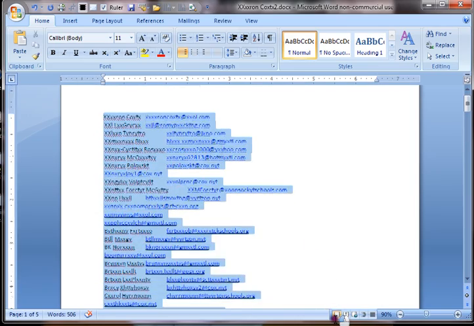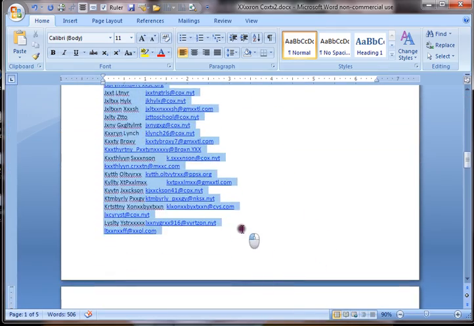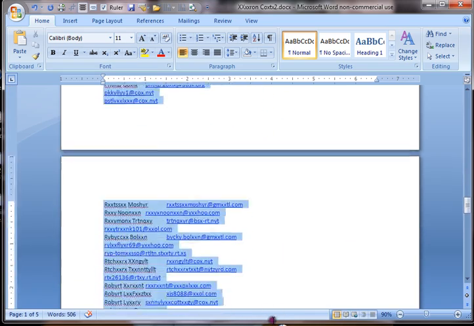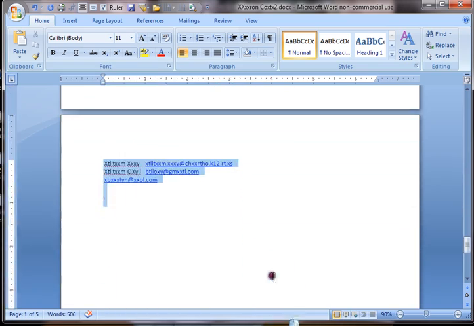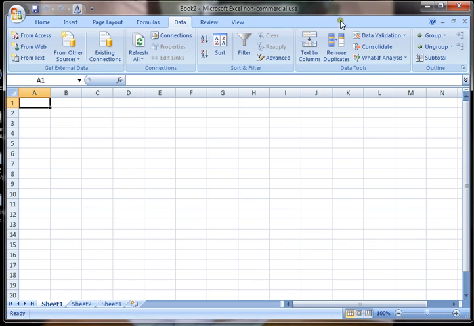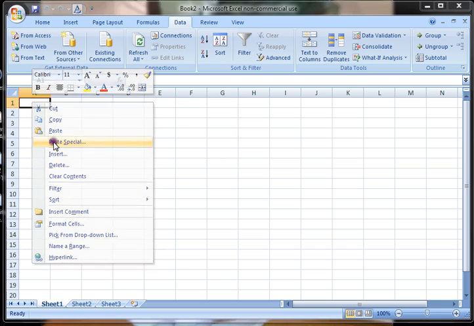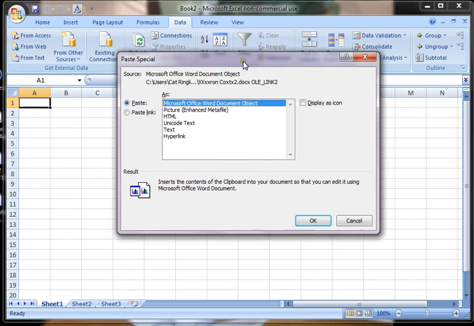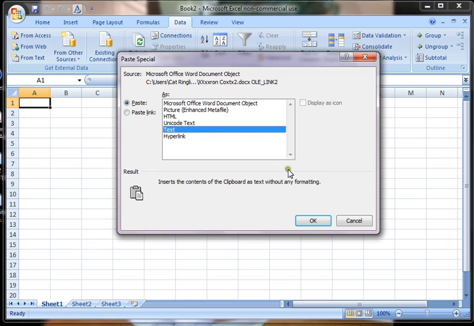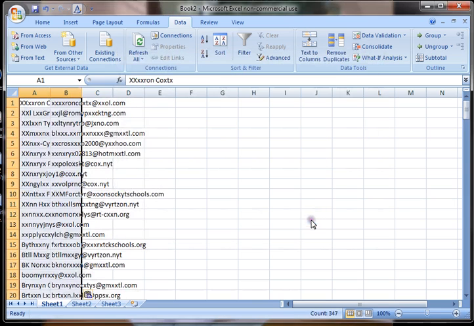We'll copy these all the way down to the bottom, and right click on there, copy, and then you're going to open an Excel sheet, and in the first cell you're going to right click and say paste special, and then the choices are here, and you want to pick text so that it will paste just text, and you're going to say OK, and then it will have your list here